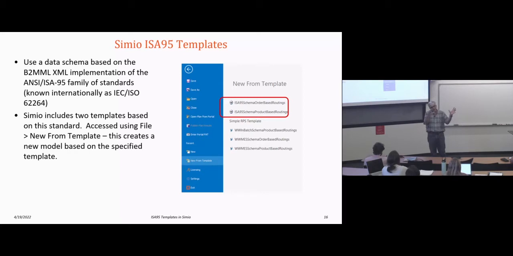If you notice from case study 2 to 3 to 4, we sort of moved more and more of the information into the tables so that we could generate the model from data and drive the model from data. That's really what our goal was, and that's really all subsumed in this ISA 95 template.